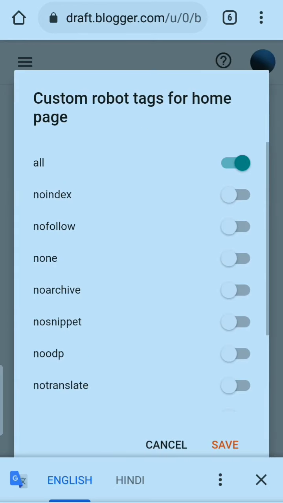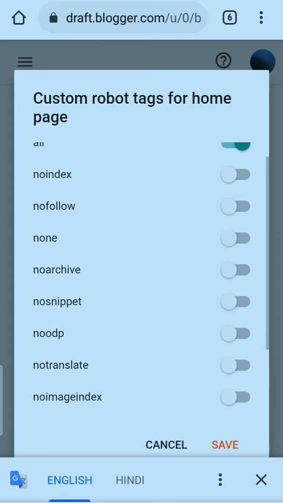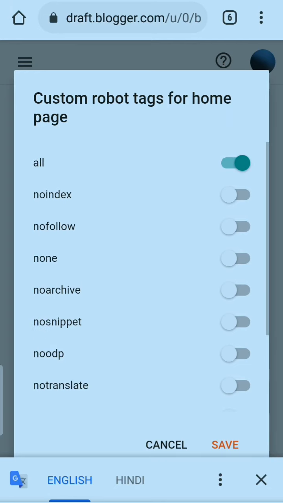There are many categories like all, no index, no follow, none. Everyone tells you that you should just enable all, but do you know what is the meaning of enabling this all option? I hope you know about it. All means allowing Google to crawl all content on the site, but we are going to discuss here about all things like no index, no follow.